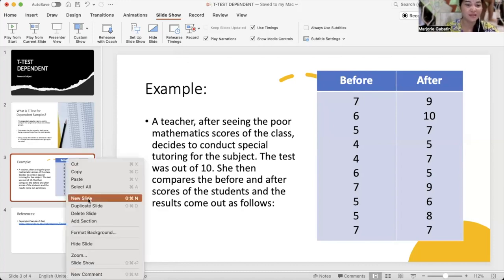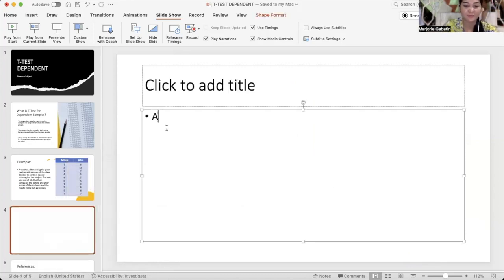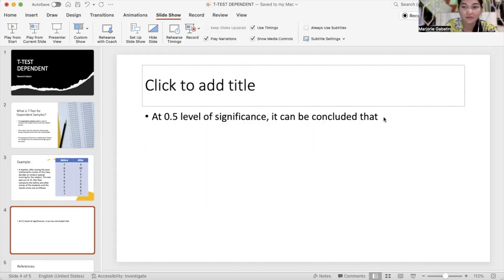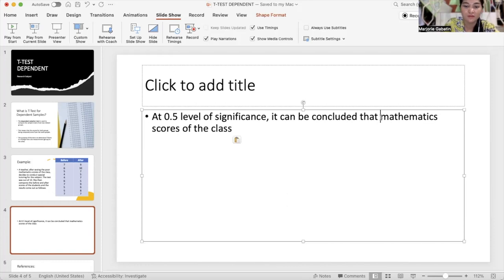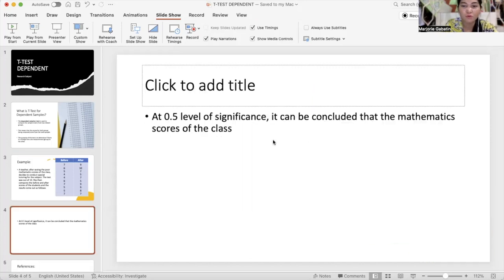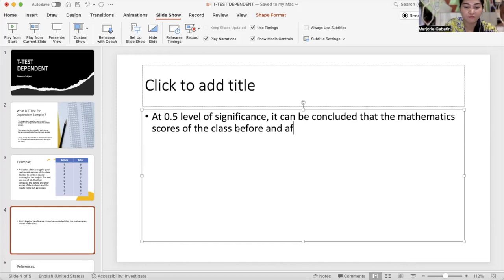So we can say, at 0.5 level of significance, it can be concluded that the mathematics scores of the class before and after the special tutoring is different.